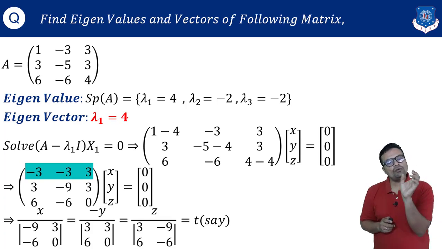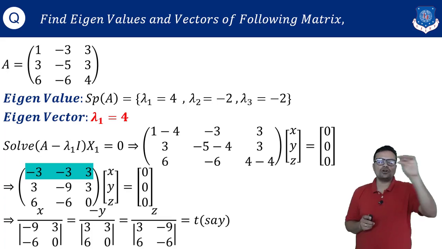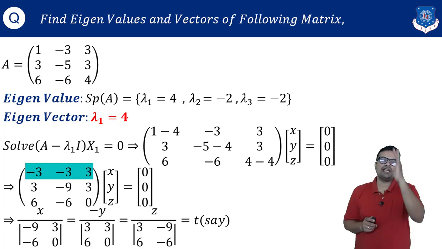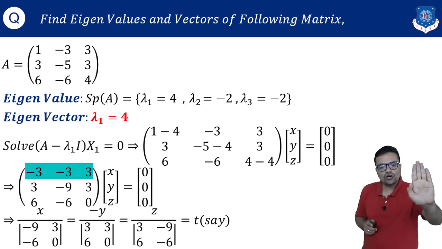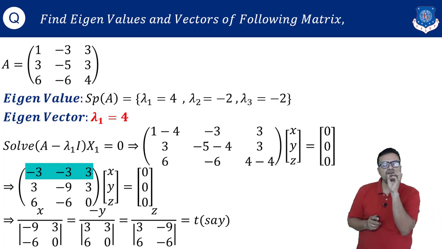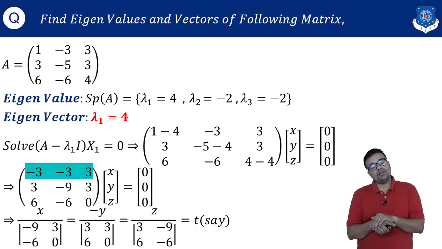Okay, so now what will happen if I take this x value, then from that selected row is already deleted. First column is for x, second for y, third for z. If you are finding the answer for x, hide the column of x. If you hide the column of x, the remaining portion will be minus 9, 3, minus 6, 0. If I want to find